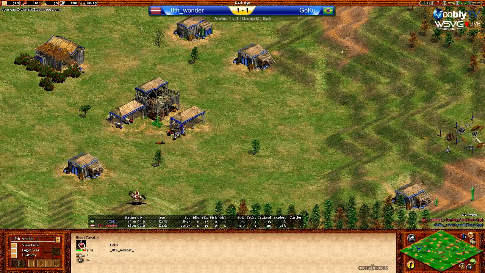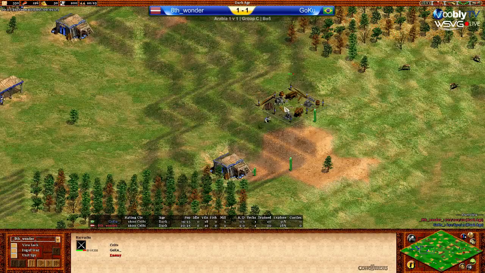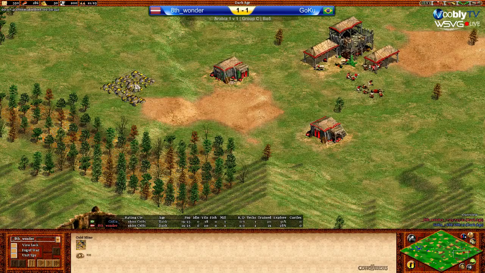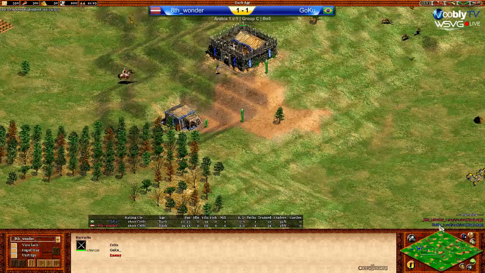I live in Australia, so looks like Goku going for the standard rush. Wonder's going to spot that. Vill mining gold within his line of sight. And for Wonder, he has not taken any gold yet, so it doesn't look like it's going to be a drush for him. Also, no barracks coming up, so I want...